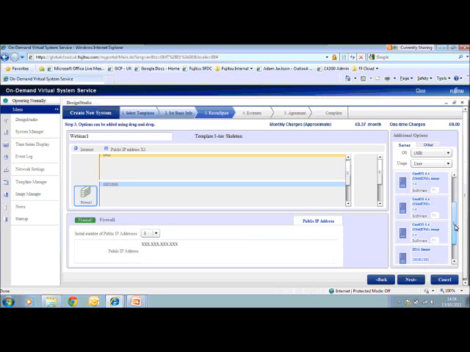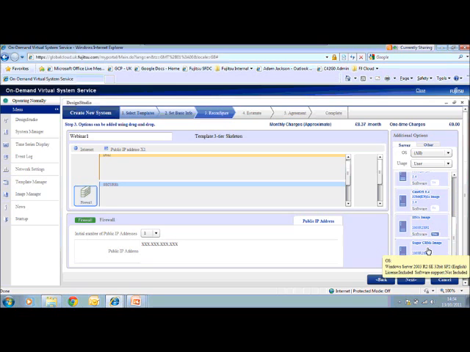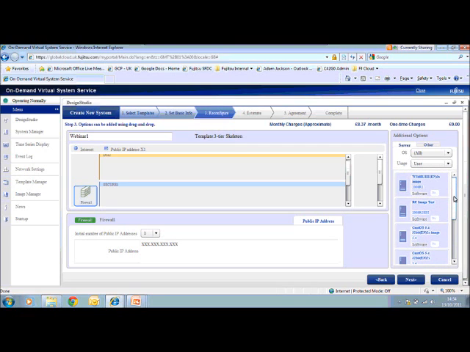And here is one I prepared earlier, which is a simple Windows 2003 server where I've installed Sugar CRM, an open source CRM application. By dragging that in and loading that up, I can then log in and configure that, and it's already got the application pre-built. But what I'm going to do is